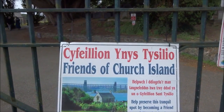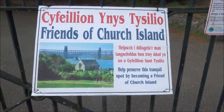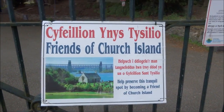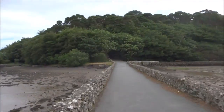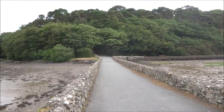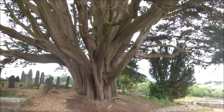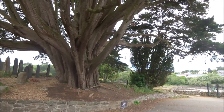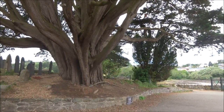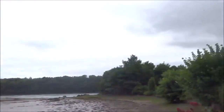Okay, there's another nice tree there, huge tree. Friends of Church Island. That looks like a conifer, and it's certainly been there a few years. The diameter at the base of the trunk must be, well, looks like about 10 or 15 feet. Okay, let's see what the...